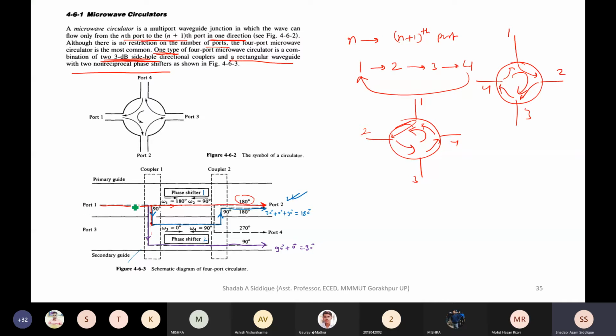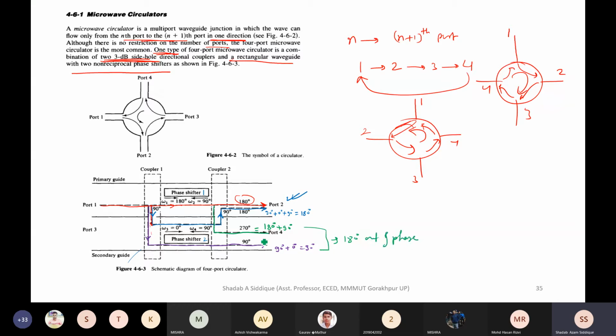So you can see we were taking port 1, which leads to 180 degree till here. So at this coupler, again 90 degree will be added to this line. Initially we were having the 180 degree from phase shifter 1 and plus 90 degree, so that will become 270 degree, which we are getting. So at this wave, both waves, you can see, are 180 degree out of phase.